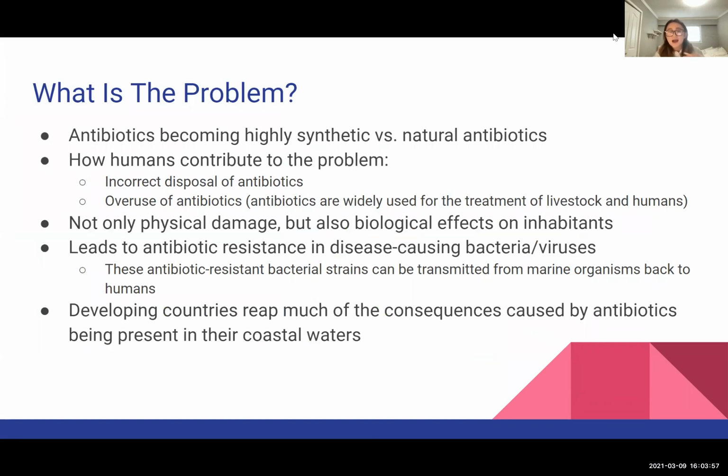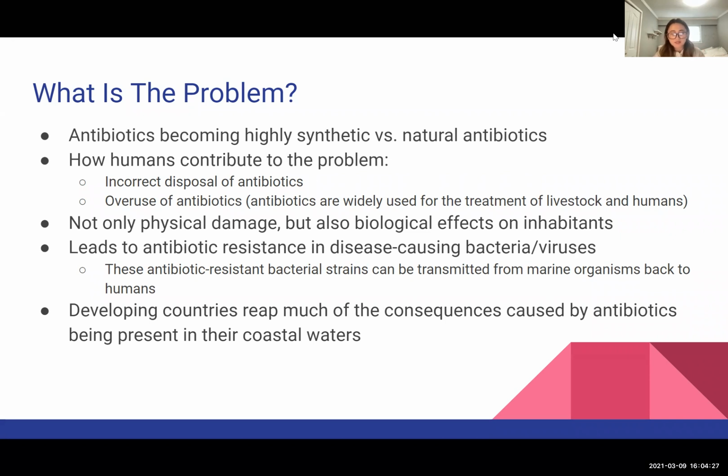So that means that their components are not naturally derived, as opposed to the original and ancient antibiotics that were cultivated from things such as bread mold, and that would naturally decompose over time. But because our modern antibiotics are not made from natural components, they are able to persist in the environment a lot longer. And that means that they have the ability and means to affect our ecosystems in a variety of